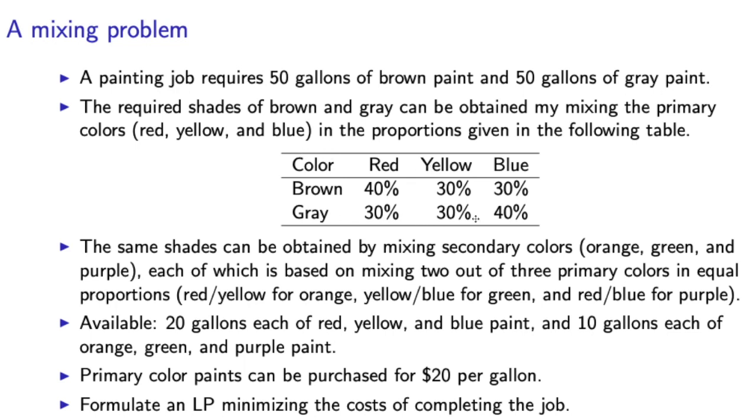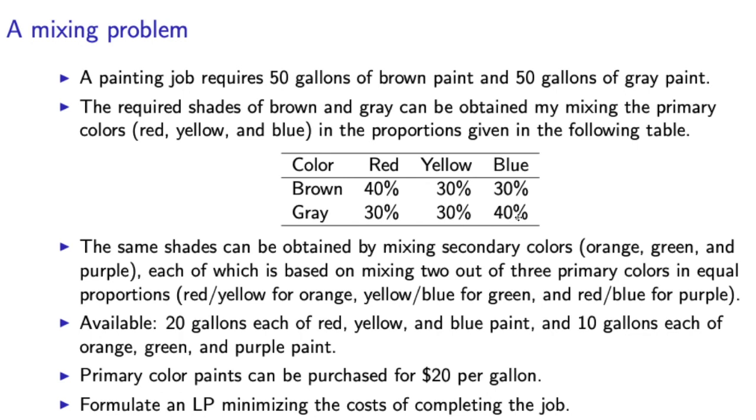Essentially, any color can be obtained by mixing what we call the primary colors, red, yellow, and blue, and depending on the percentage of each, you'll get a different shade of a color we are looking for. For example, for the required shade of brown, we need to have 40% of red, 30% of yellow, and 30% of blue. Similarly, for the required shade of gray, we need 30% of red, 30% of yellow, and